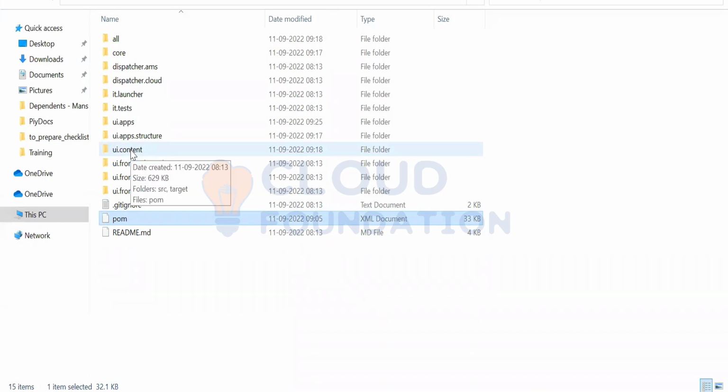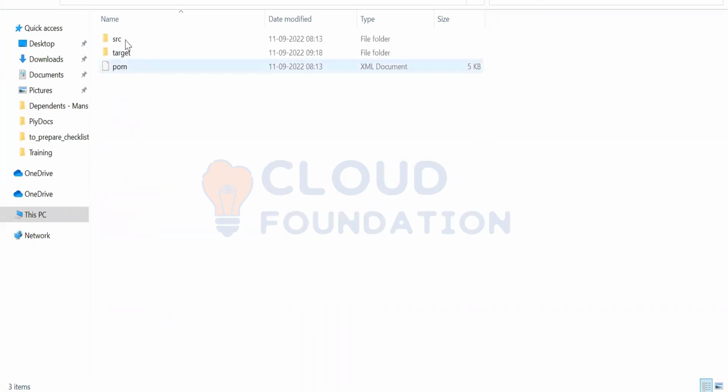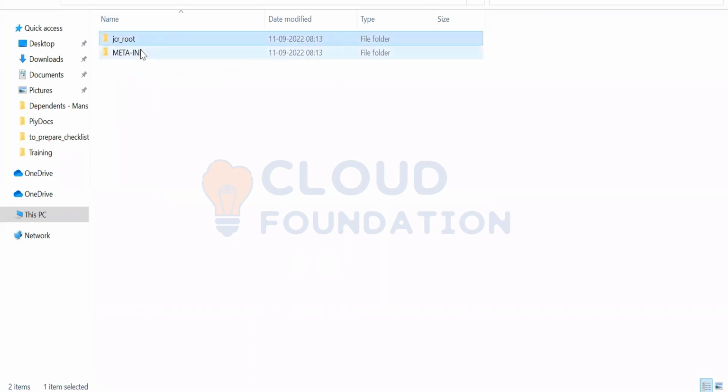Okay, the other way is, consider that this UI content has a lot of other things as well. Inside the content, you have the JCR root. Here also it has the meta. So here it has the conf and content. You say that, okay, I want the conf to go from my code base, but not the content. So what you can do